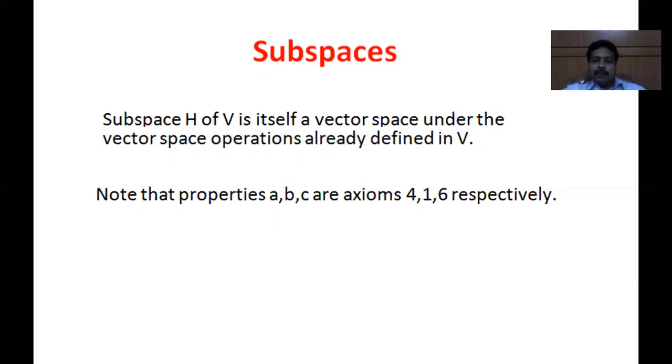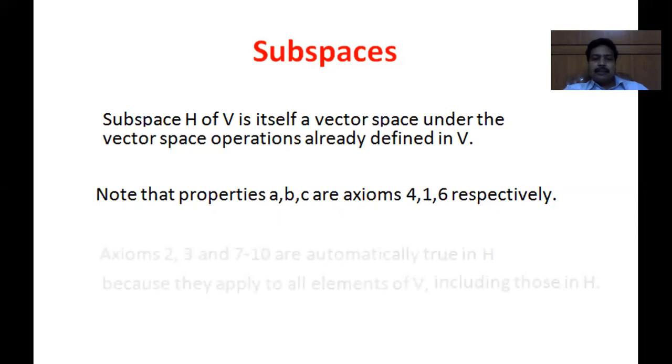B is closed under vector addition. That is our first axiom. The next, C, is closed under scalar multiplication. That is the sixth axiom of the definition of vector space. So by satisfying the three conditions, H already satisfies three of the axioms of the definition of vector space. We have to look into the other seven